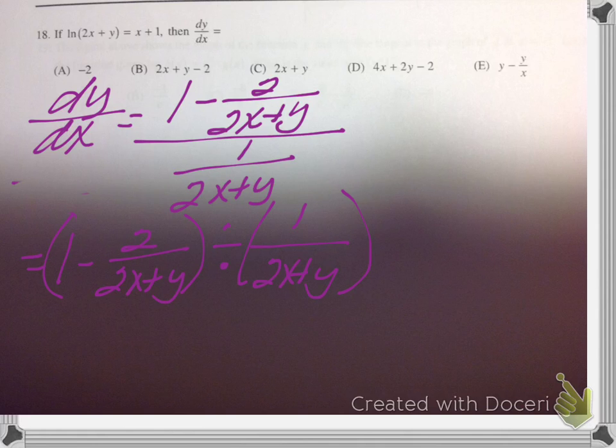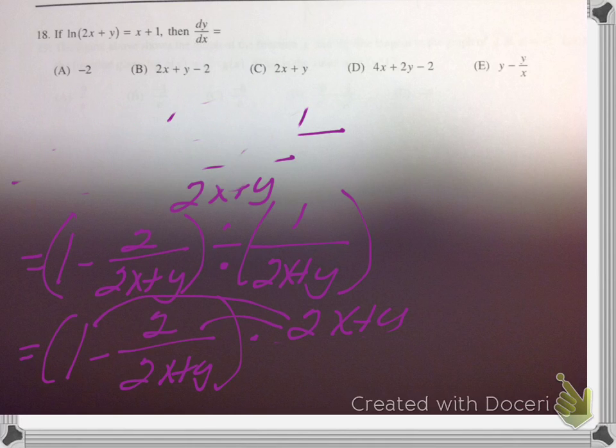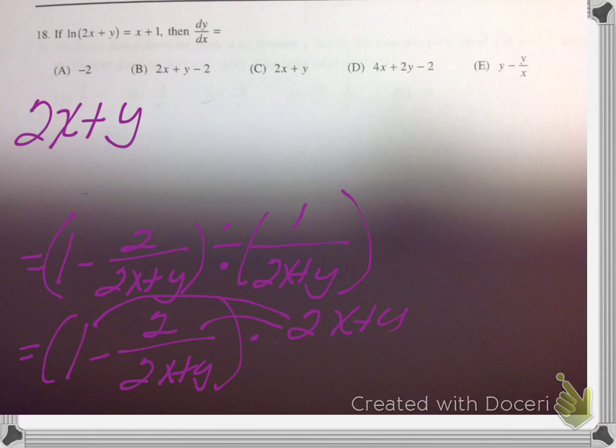Okay, but we can't divide fractions, so we have to flip it and turn it into multiplication. Okay, and when you do that, you see that 2x plus y over 1 is really just 2x plus y, so you don't even need this 1. Okay, and then we're just going to distribute that with each of these things. Okay, so when we do that, 1 times 2x plus y is just 2x plus y, minus, and then we're going to get